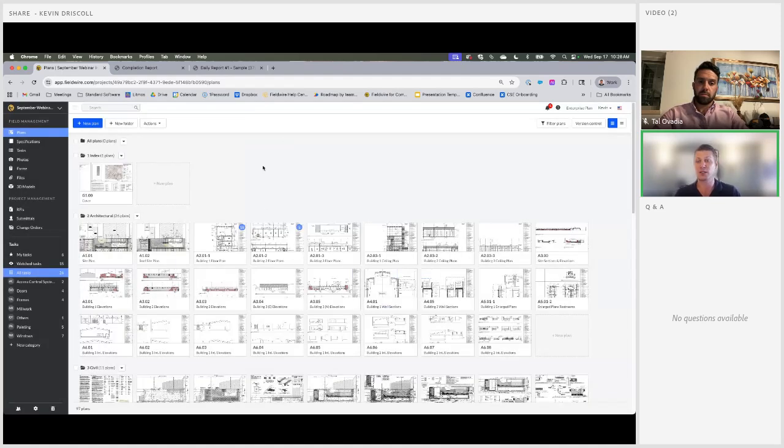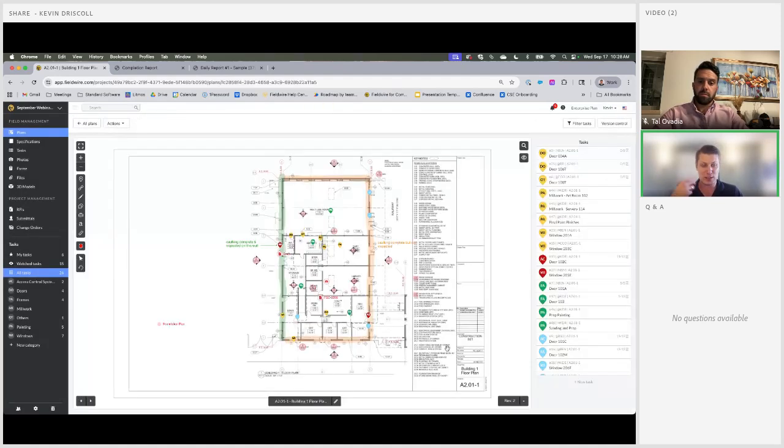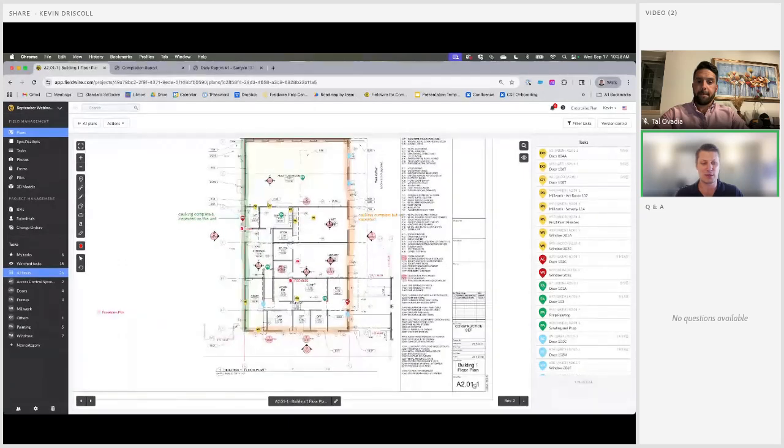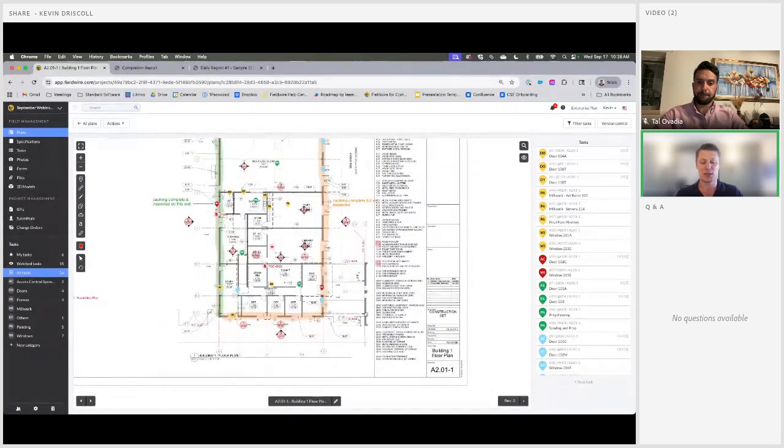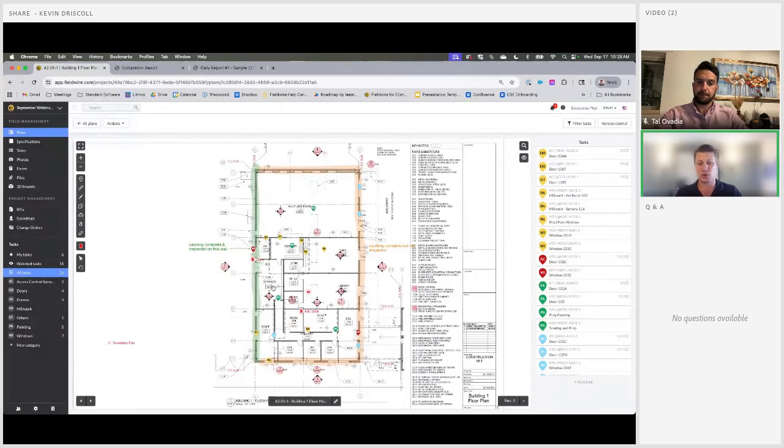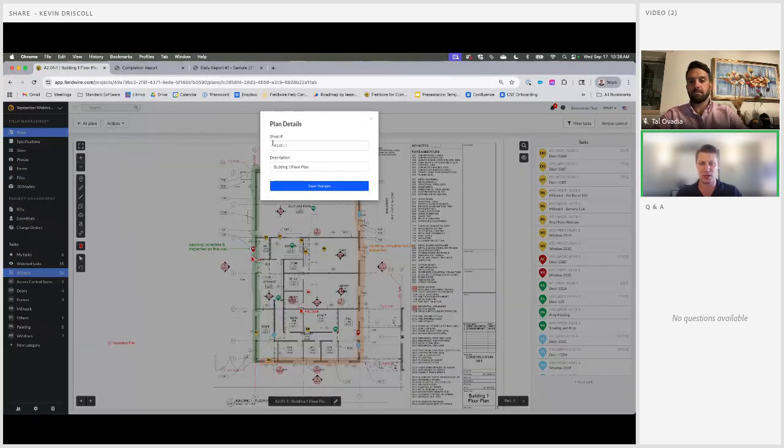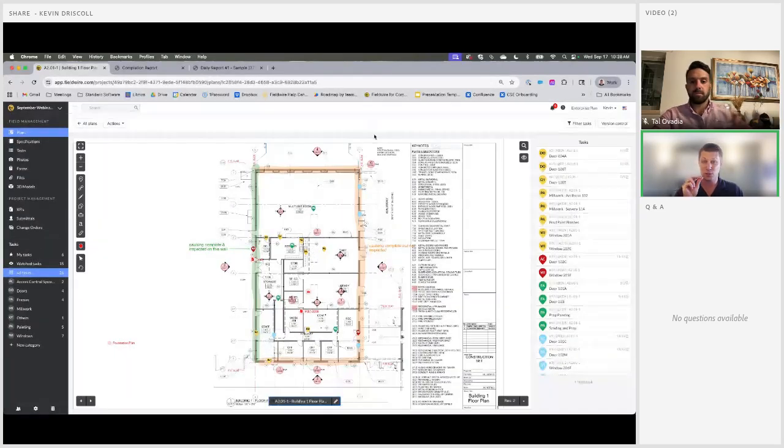Once you get those drawings into Fieldwire, Fieldwire is going to scan that drawing set, looking for that sheet number in the bottom right of the page. It's going to name that sheet based on that sheet number, but it's also going to search for that sheet number across all of the other sheets within the project and dynamically build hyperlinks between other plan callouts, detail sheets, elevation views, those sorts of things.